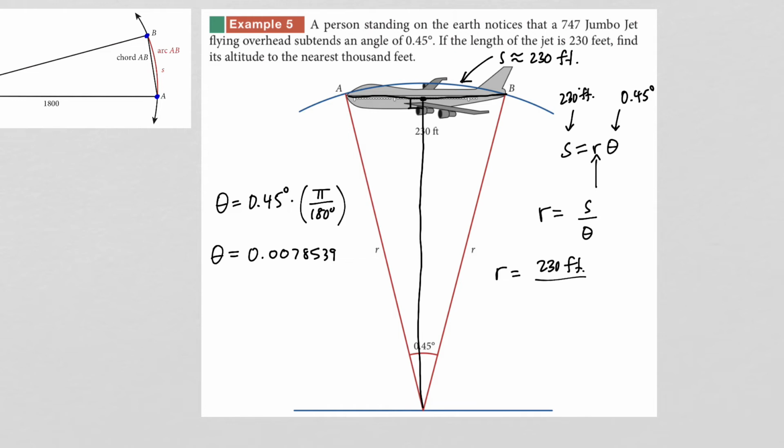I need to maintain more of my significant digits since I still have a calculation to go. So now when I go to figure out R, it will be 230 divided by this value of theta. And if we do the math on that, 230 divided by that answer is approximately equal to